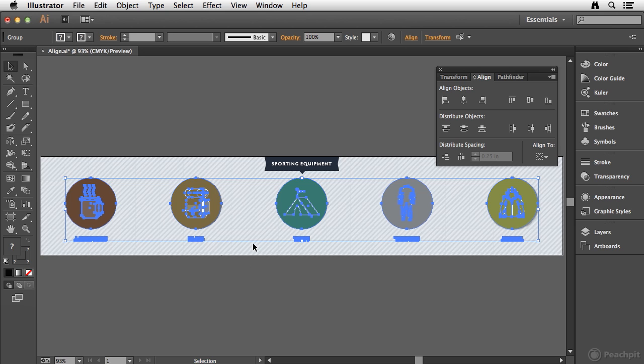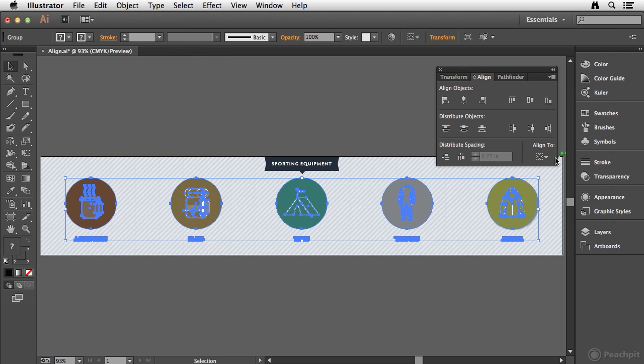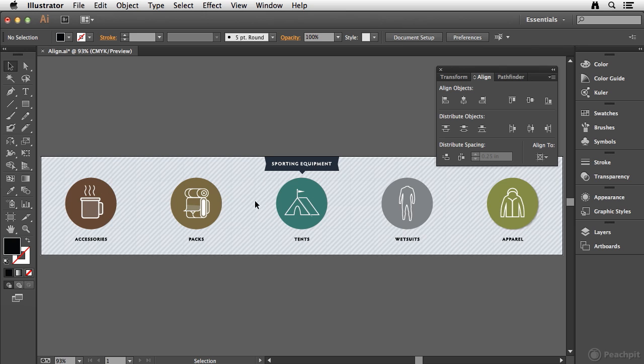Now, one last thing I'm going to do, I want to make sure that these are all centered perfectly. And I think we're pretty close, but I think if you look here, we're not quite dead center. So it's easy enough for me to do. I'm going to group all of these together, and then I'm going to change the Align To to Align to Artboard. And now if I click the horizontal align center icon, I should see a very minor slight shift. But now we have these evenly spaced, aligned properly in the horizontal and vertical directions, and we're ready to roll